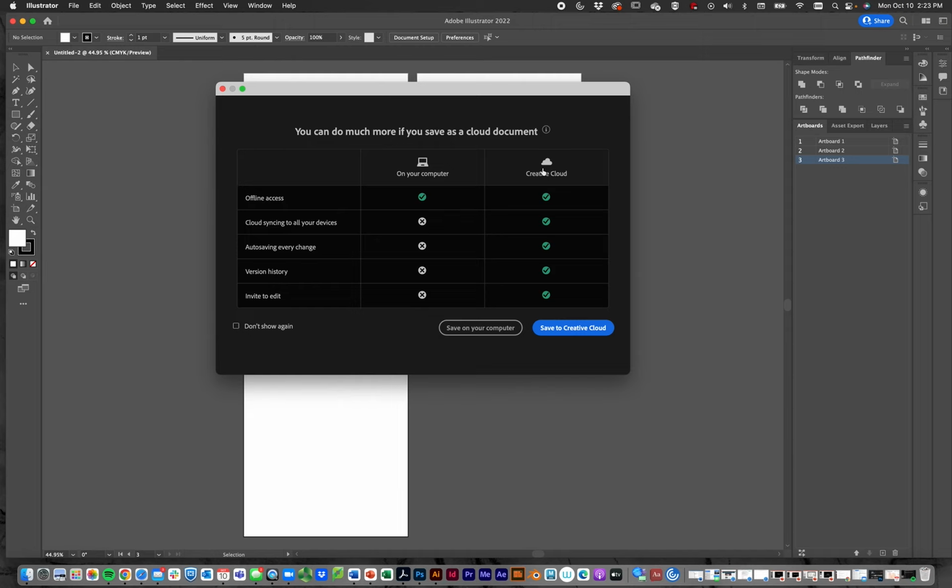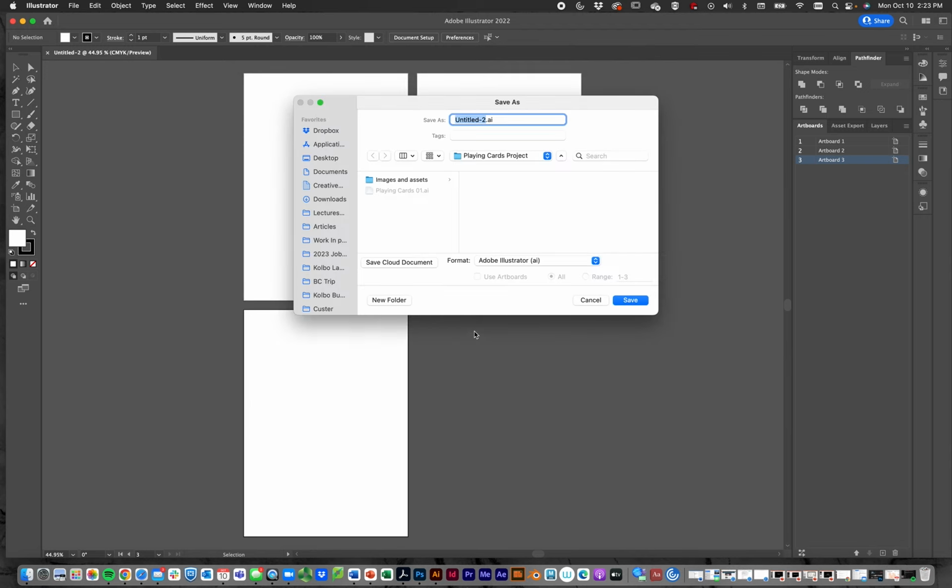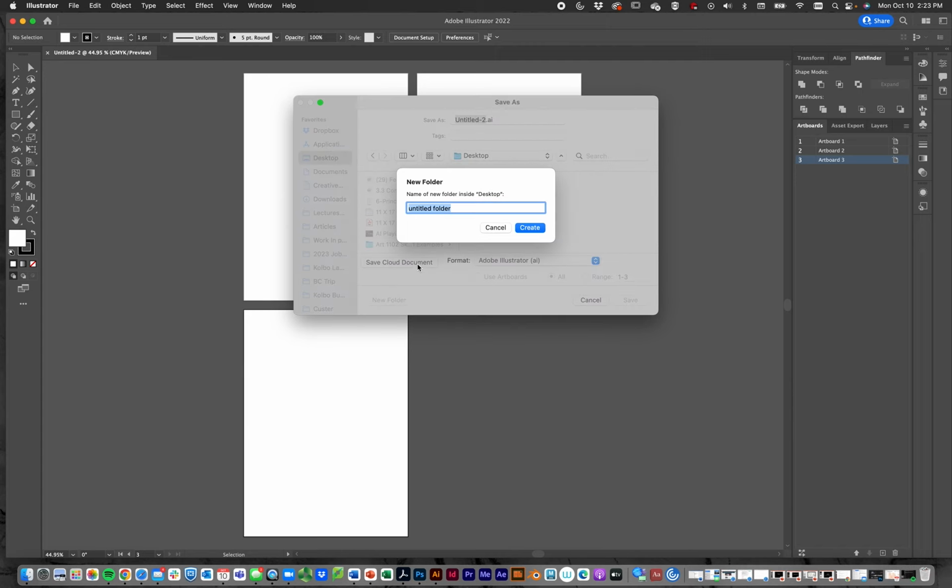It's a great idea to save things in multiple places, but to start with, we're going to save on your computer, and it's going to bring up your dialog box. And so for this case, I'm going to put mine on my desktop just because it's easier. And I'm going to go ahead and create a new folder now. So on the desktop right here, I'm going to make a new folder, and I'll call it